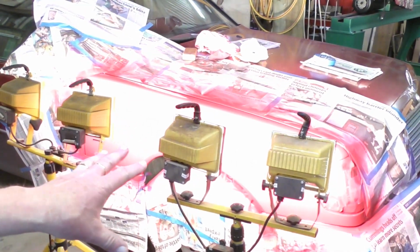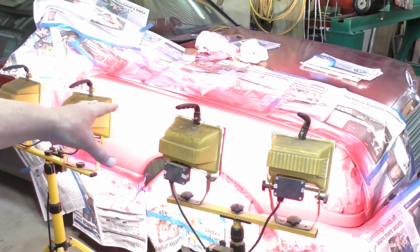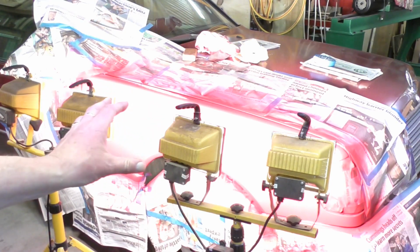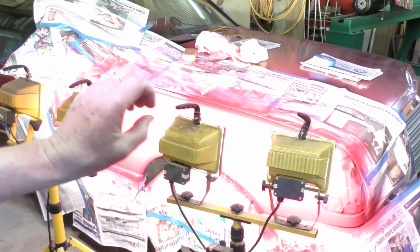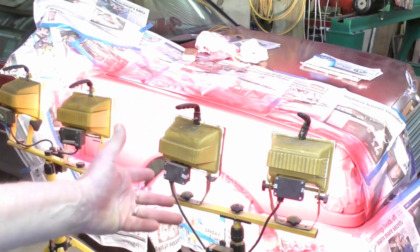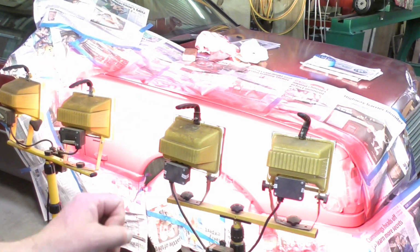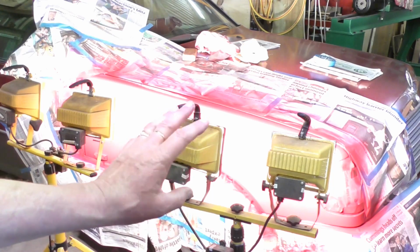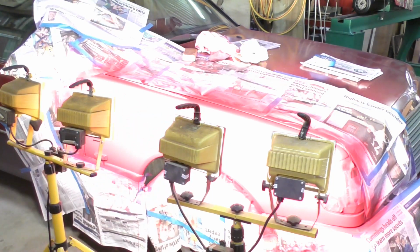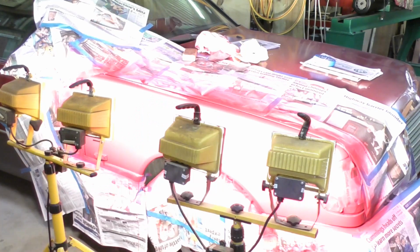Okay, now what I do, now these are quartz halogen floodlights. Each one of these is 500 watts, so there's 2 kilowatts there of light, but I'm using it for the heat to warm that panel up. Now the drying process in between coats will sort of triple or even quadruple, so I can get each coat done in about 10 minutes. So I've done 5 coats there and it's taken me an hour. So I'm going to give this now about 15 to 20 minutes and then we're going to put the clear